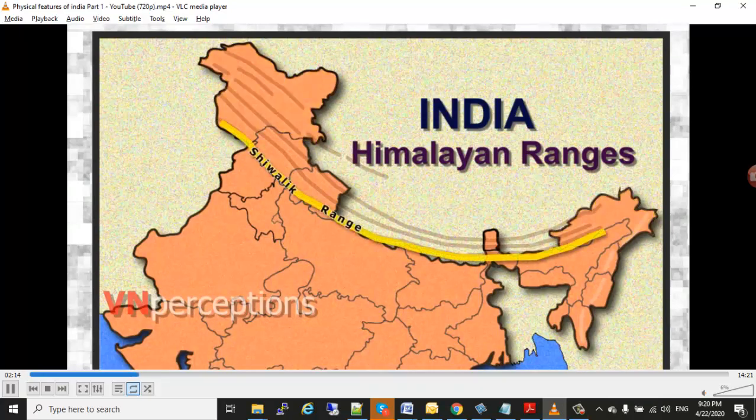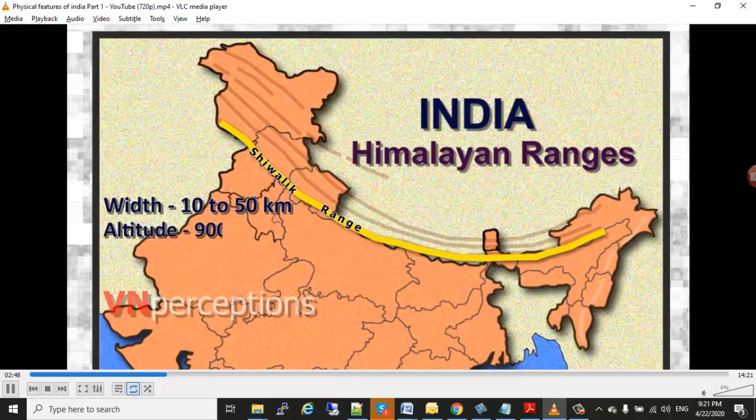The Shivalik range are the southernmost and geologically youngest east-west mountain chain of the Himalayas. They have many sub-ranges and extend west from Arunachal Pradesh to Bhutan, West Bengal and further to Nepal, and further you can see in Himachal Pradesh and Kashmir. They extend over a width of 10 to 50 kilometers and have altitude varying from 900 to 1100 meters.